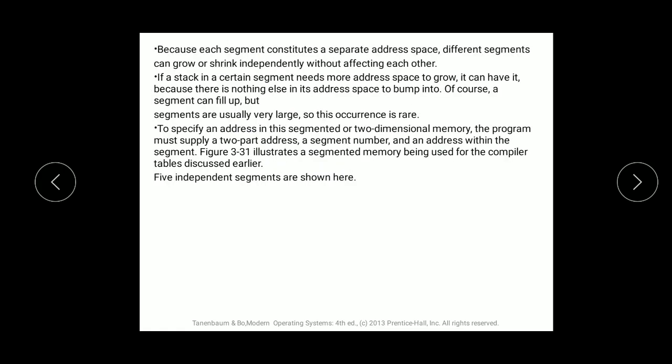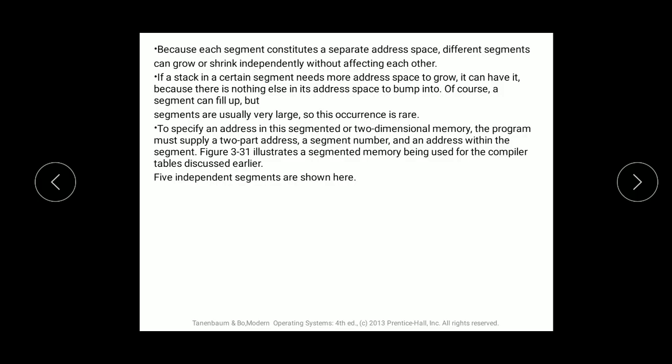Because each segment constitutes a separate address space, different segments can grow or shrink independently without affecting each other. So there is no interdependency of address spaces. They can shrink, that is, get compressed, or they can grow their data on their own without affecting anyone.